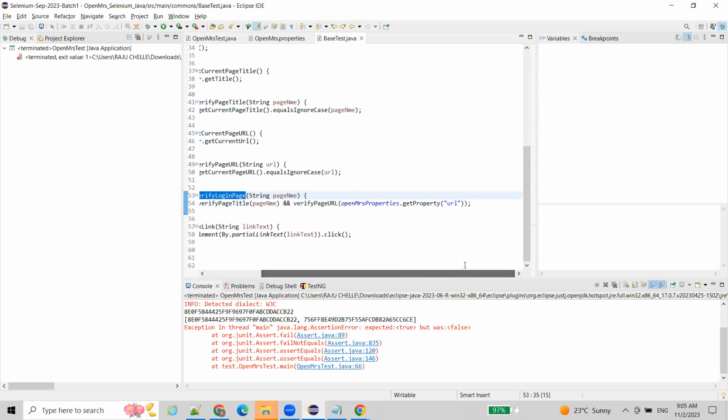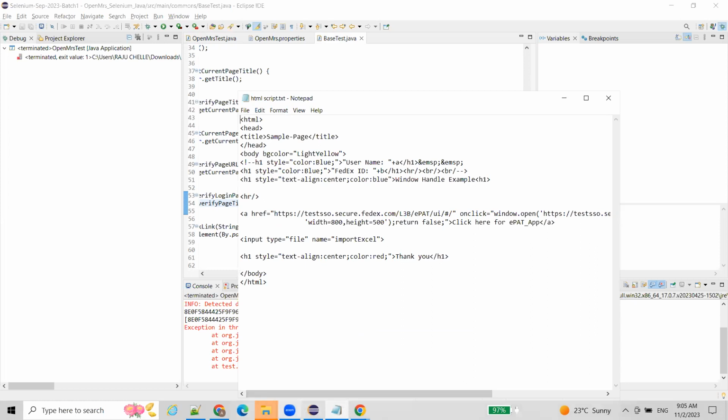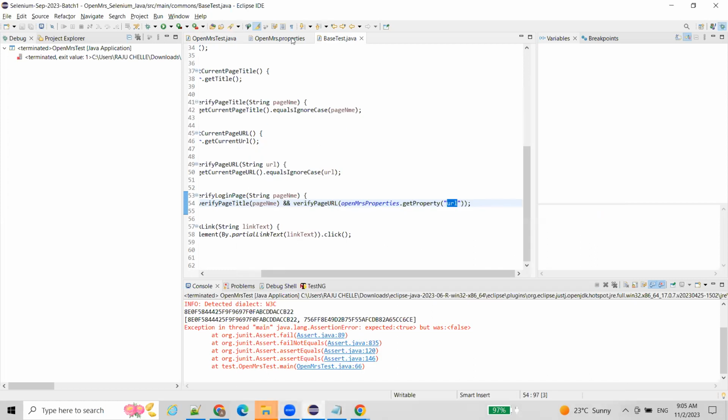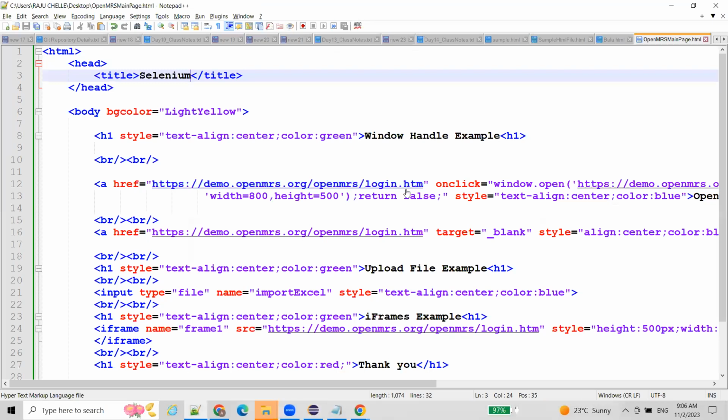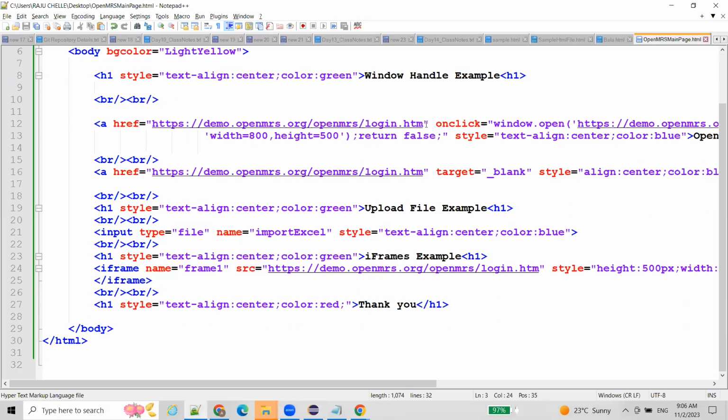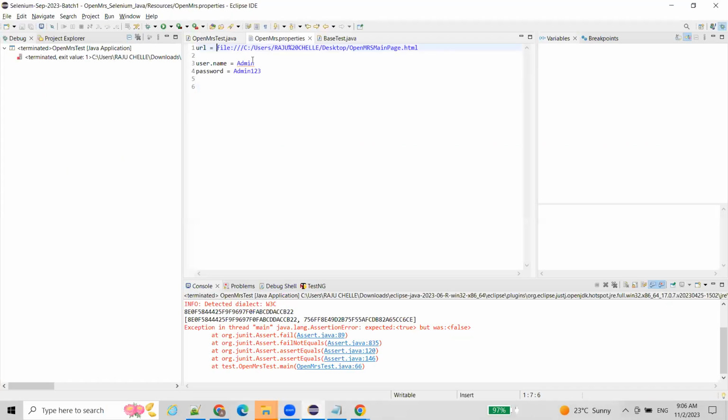Oh, okay. The URL which we passed here, it is taking the URL of our main page. It should not take this. So what you can do is hard code that URL value, or you need to pass both URLs. As of now I set this as a hard coded value instead of reading from the property file,